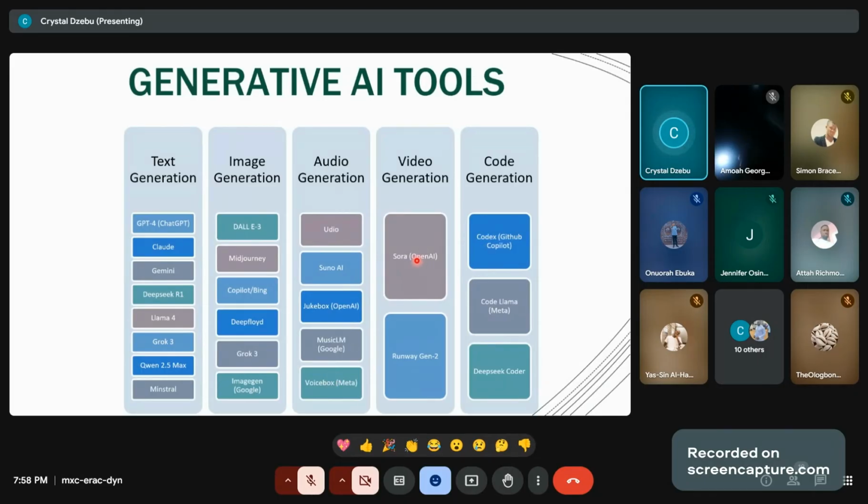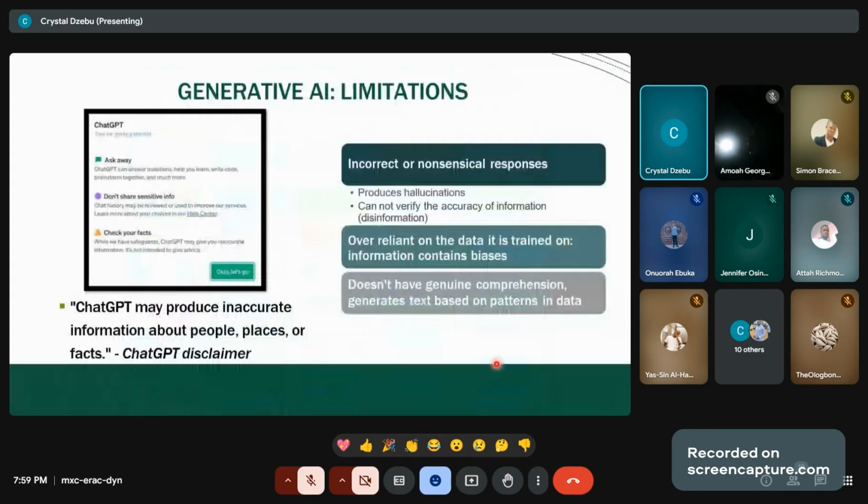We also have some for video generation. For the video generation ones, they are still under development, but they've been letting us have a quick overview of it, meaning that you can just give any prompt about videos and then it will be able to generate the video that you want. Then we also have some for code generation. For example, ChatGPT can also be used to generate code, but these are special ones. The Codex by GitHub Copilot can generate very large amounts of code. Llama can also do that, and then DeepSeek Coder has also been proven to be very powerful.